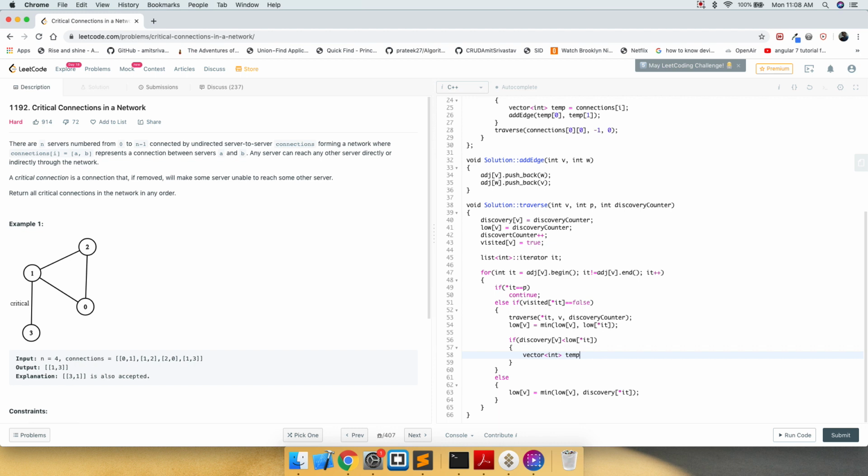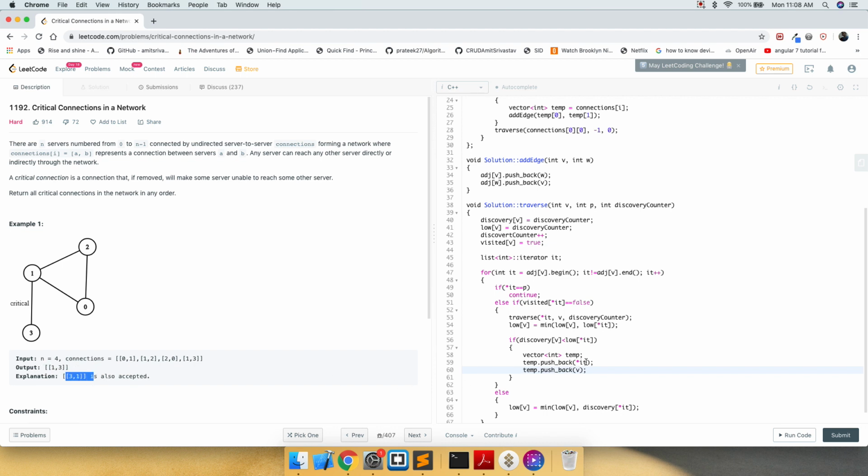Let's create a vector temp, and temp dot push_back u, temp dot push_back v. Since we need to report the critical connections, not just the vertex, here 1 and 3 form a critical connection, and as it is said, outputting 1 and 3, or 3 and 1, both are accepted.